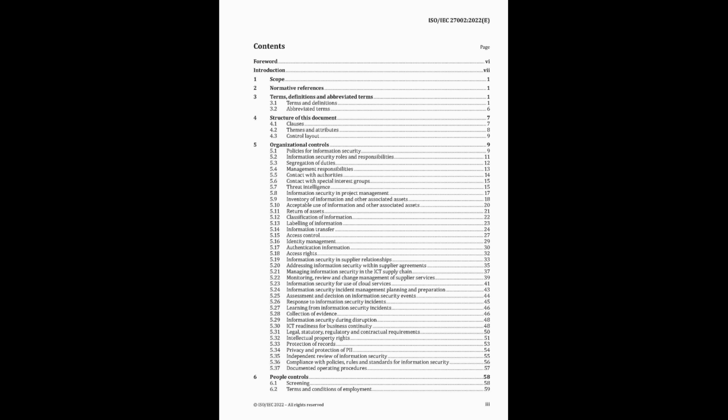Today we're tackling a really core part of information security. We're looking at Clause 5 from the ISO 27002 standard, the 2022 version. That's right. And Clause 5 is all about organizational controls. Exactly. Think of 27002 as this huge catalog of best practices for keeping information safe. Clause 5 is where you lay the groundwork, organizationally speaking, how the company actually structures and manages security from the